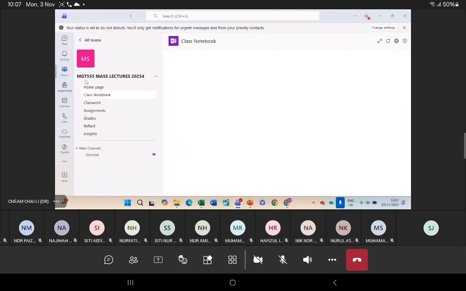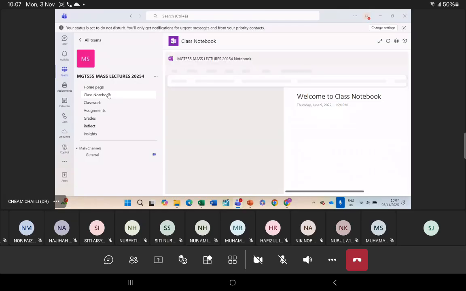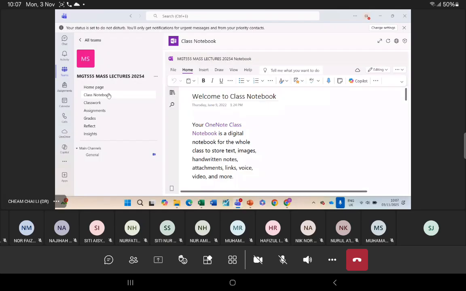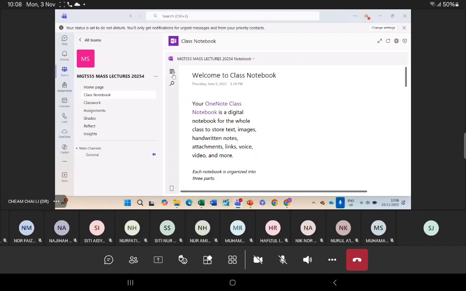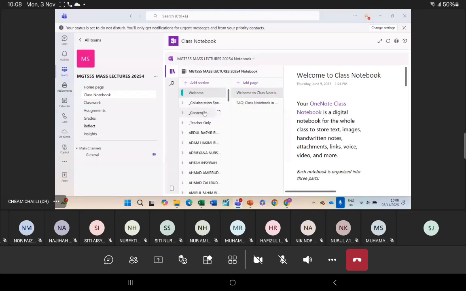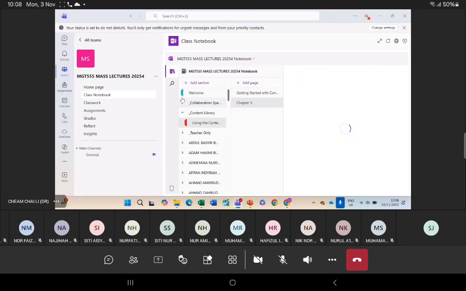Let me put it here. Quite slow. Activate my hotspot. The notes, I put it in